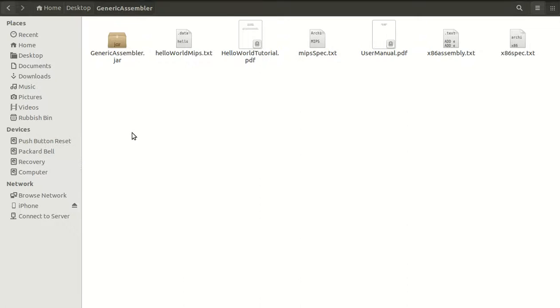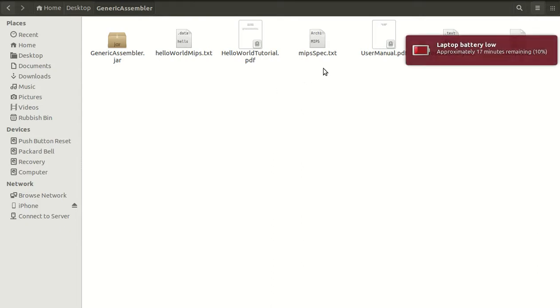This is the video demo for the generic assembler. The generic assembler takes in two files, a specification file of a computer architecture and an assembly file for that computer architecture. So I'm going to show you two examples. The first one is for a RISC architecture, which is MIPS, and the second one is for a CISC architecture,